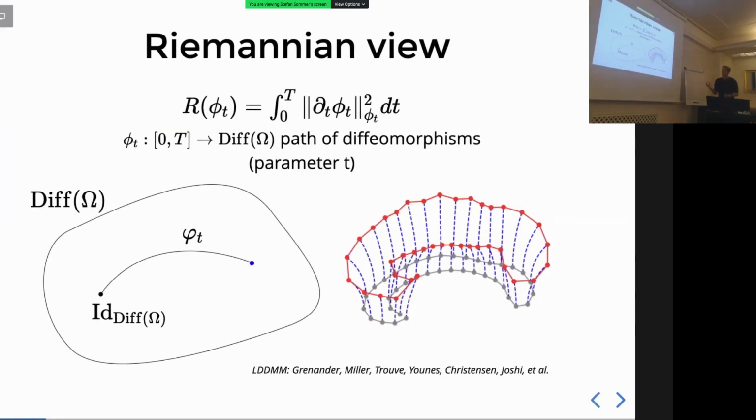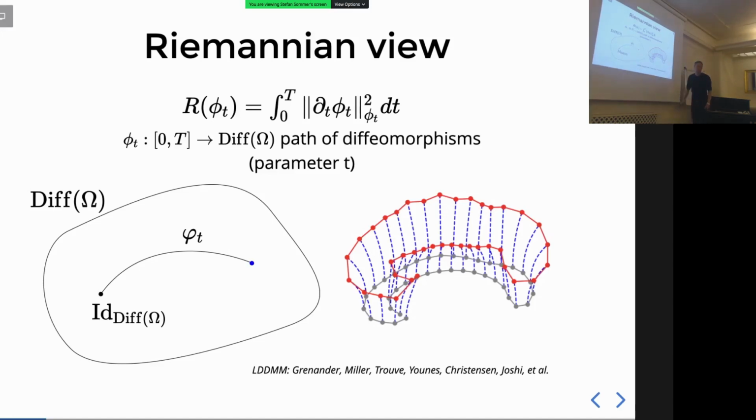So we're working with diffeomorphisms. They deform the domain. We can look at the whole diffeomorphism group, or maybe a regular subgroup of the diffeomorphism group, and we have at least in there the identity mapping that does nothing. Then we can look at the deformation of shapes from one to match the other as a gradual process. We move in the diffeomorphism space, deforming the shape gradually. Here's another example: you have this corpus callosum shape, then you gradually deform it to get a different shape. And your final phi from the previous slide would be the endpoint of this path